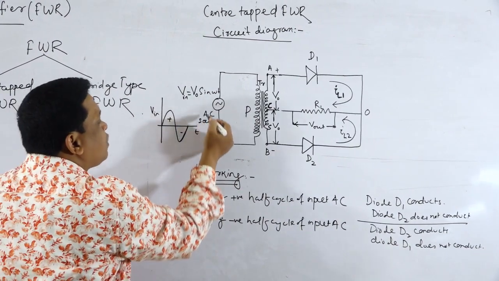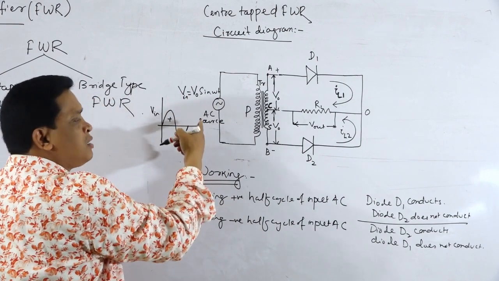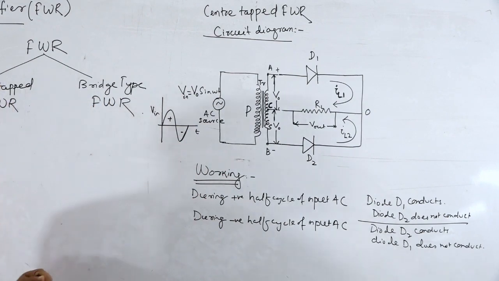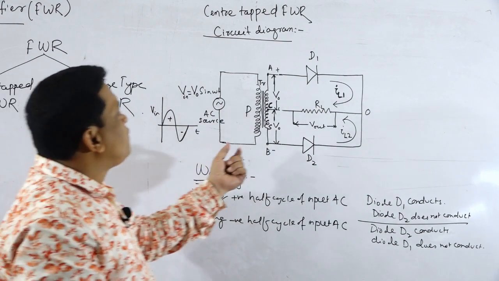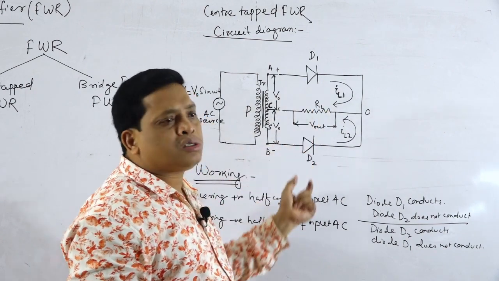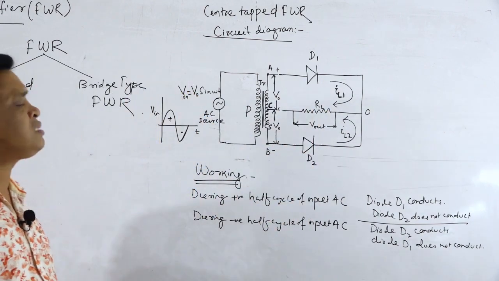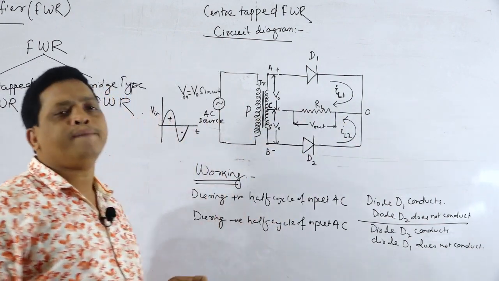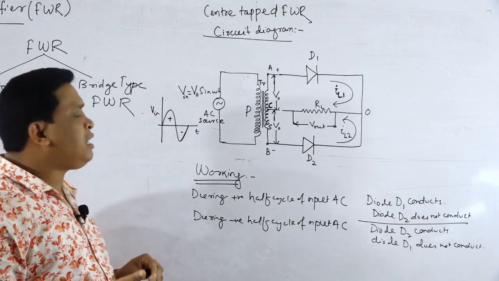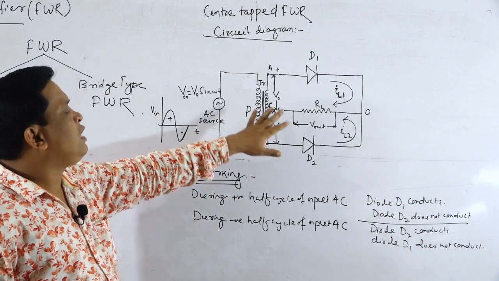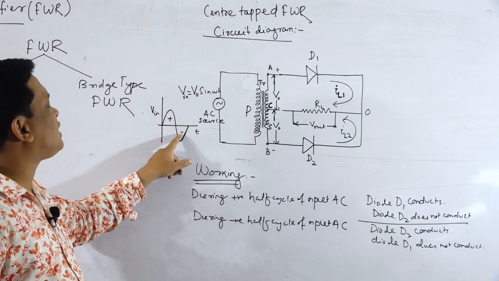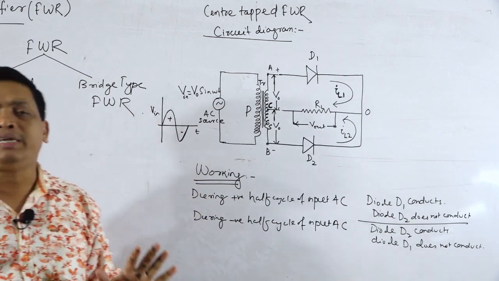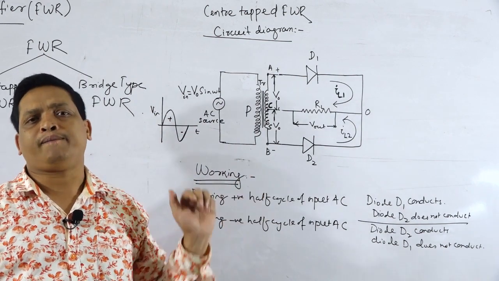Here the next half cycle will come, the positive half cycle, D1 will conduct. In the negative half cycle, D2 will conduct. So this process is repeated again and again. Due to the conduction of the two diodes in alternate half cycles, we find that the load current flows during both half cycles of input AC, or we can say that the rectifier circuit is able to rectify both half cycles, or the full cycle of input AC. Hence its name is the full wave rectifier.